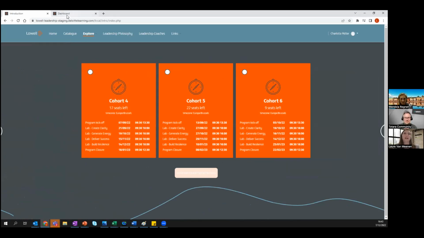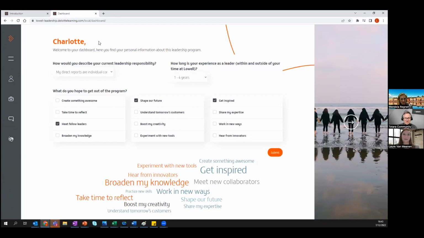I pick a cohort, then I'm guided to my dashboard, and then you get on this page. What happens in this platform is you are guided from one point to the next, like in a real journey, so you can continue your learning journey all of the time. Here in the dashboard, you're asked to fill in some questions: who are you, how long is your experience in a leadership position, to make sure that we can mix the cohorts and the learning teams later on. And what we see here is the first interactive